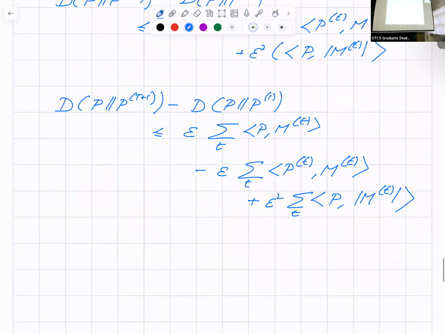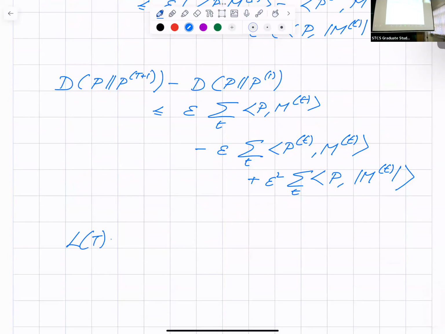So the loss function L of T, which is summation over T PTMT, hence is less than or equal to